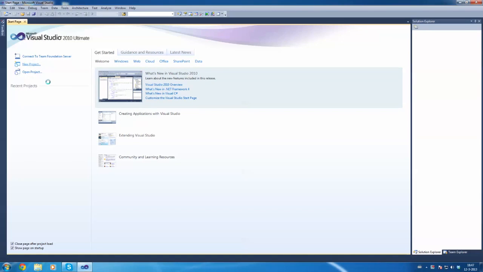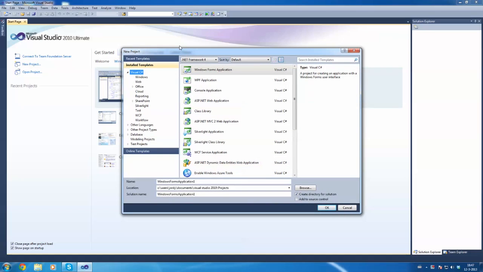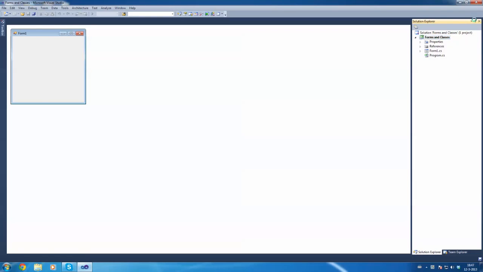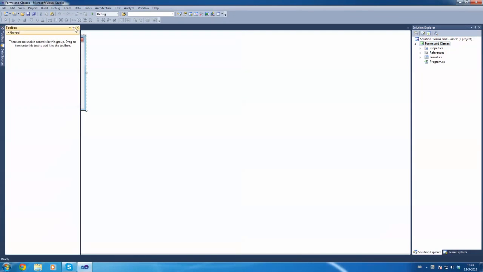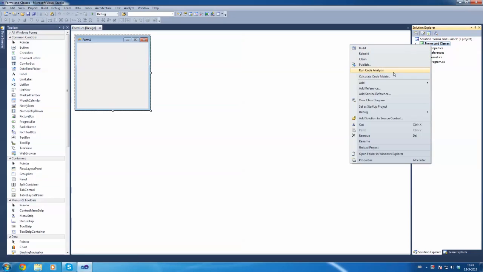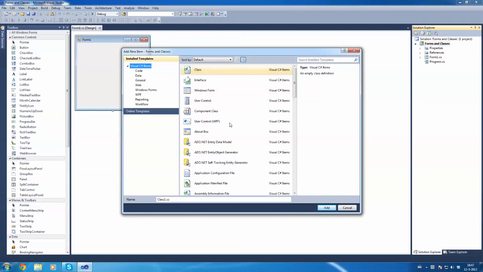Okay, so today I am going to explain a little bit more about cross-form and classes. I already covered a little bit of that, but today I am going to explain that a little bit better. So let's just say we are going to add a new item. We're going to have a form with a class, which I will call